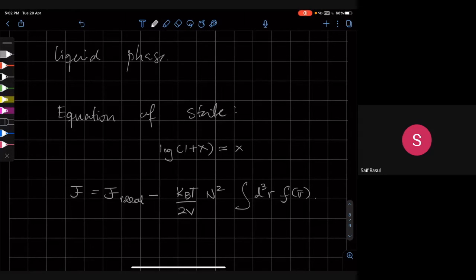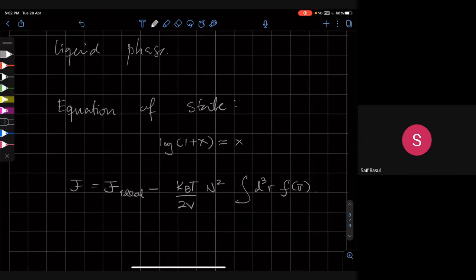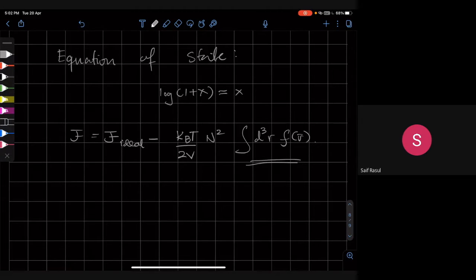Okay. Now the thing is that you can show that if your potential is repulsive, then this integral, okay, so from here, let's go to the equation for pressure, because that's what we want for finding out the equation of state. So this is the free energy,